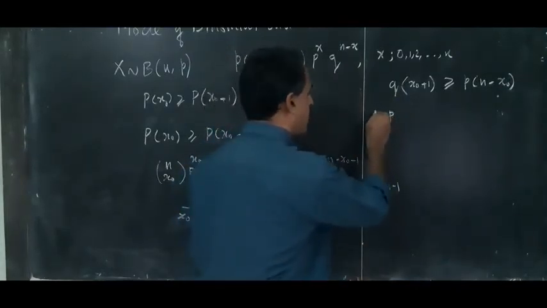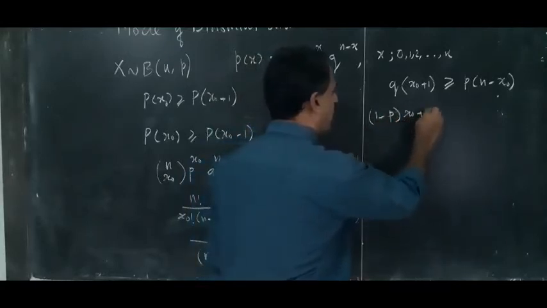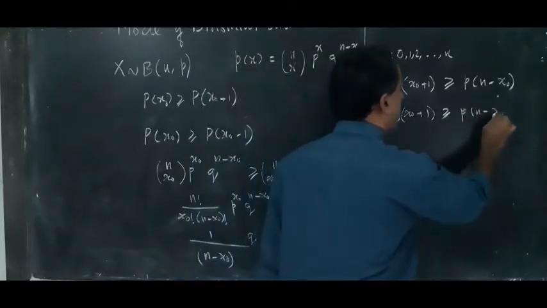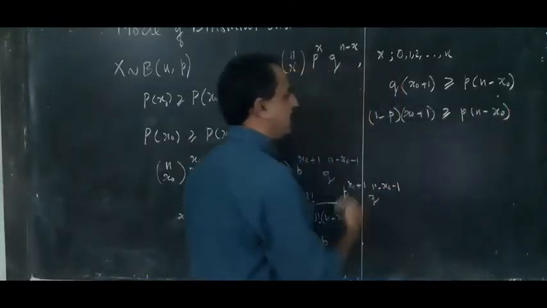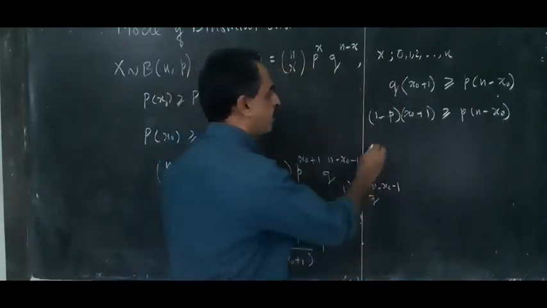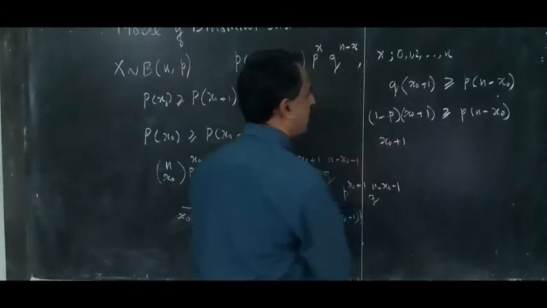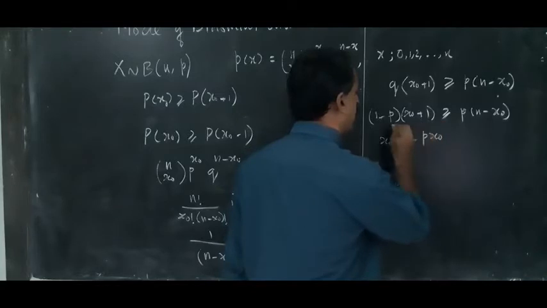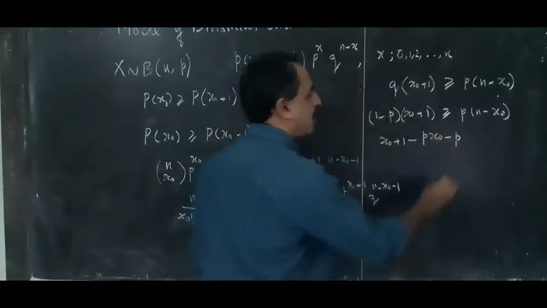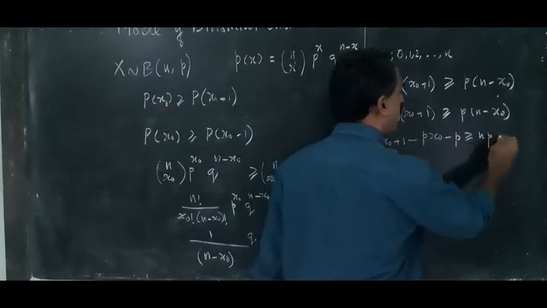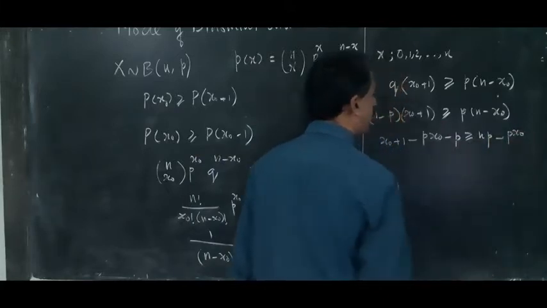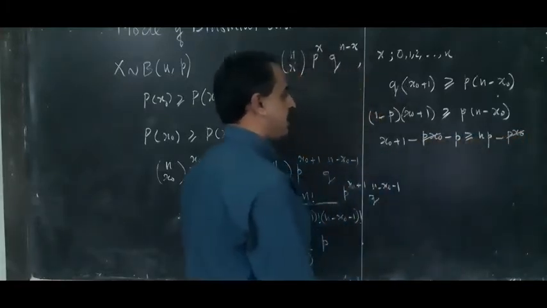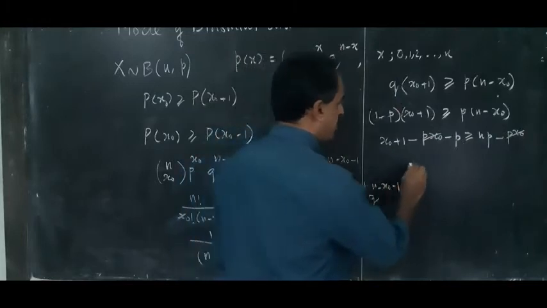So (1 − p)(x0 + 1) ≥ p(n − x0). Now we open brackets on both sides. So this is x0 + 1. Now 1 into this: x0 + 1 − p x0 − p ≥ np − p x0. So when we cancel both −p x0 and −p x0, and keep x0 only on one side, it is